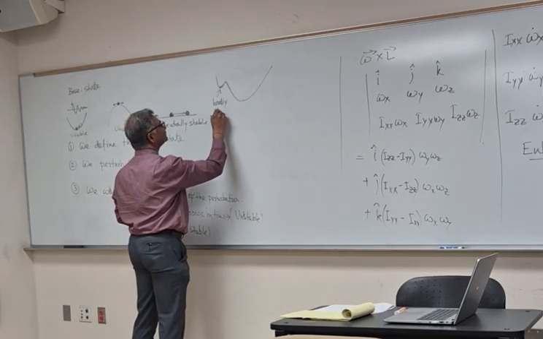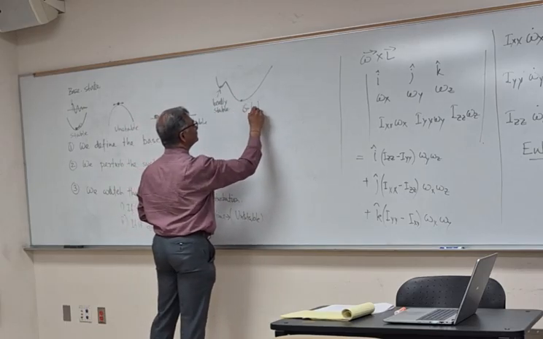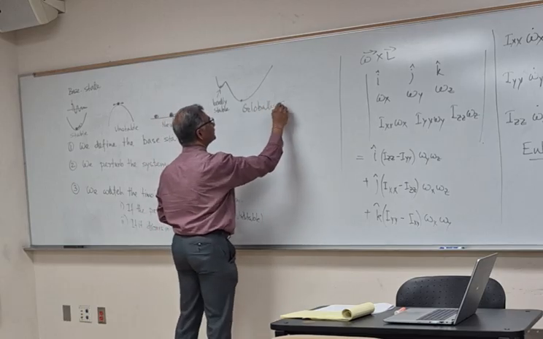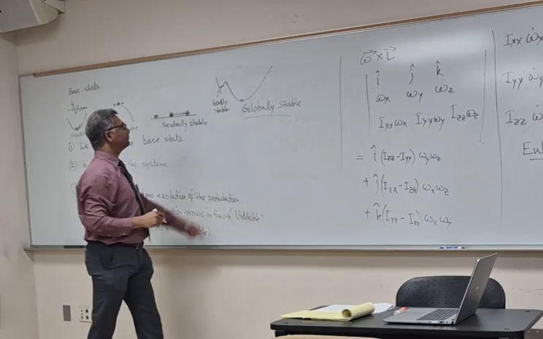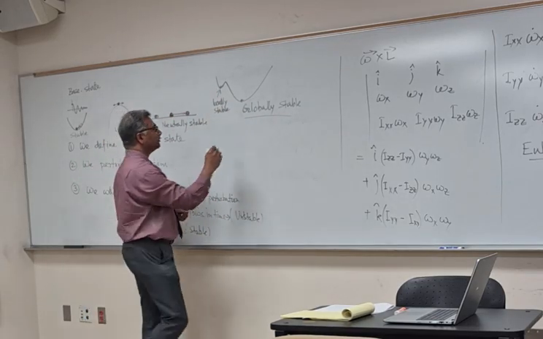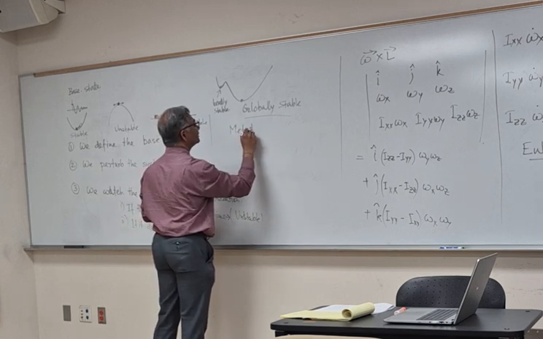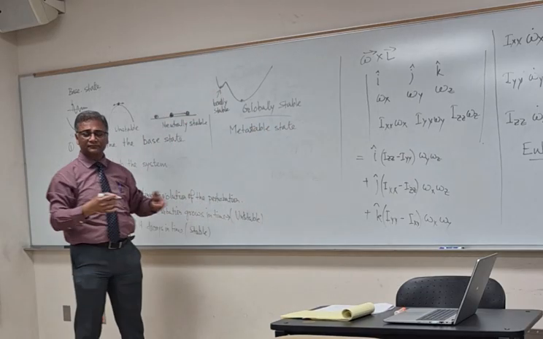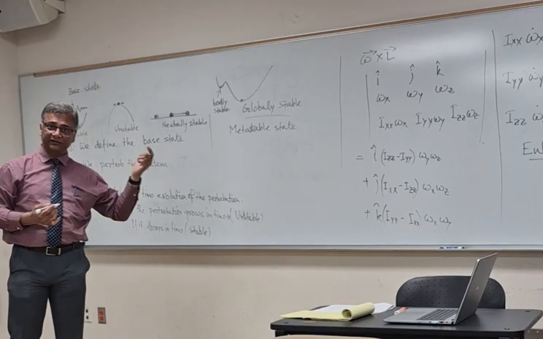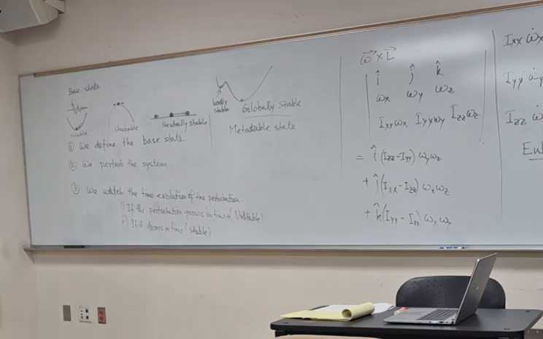locally stable point, and this is globally stable point. Globally stable point, right? So if it is here, it's globally stable. If it is here, it's locally stable. So we call this kind of situation a metastable state. Metastable state, when the particle is here. In laser and other areas, we use that metastability a lot. So this is the physics of stability that we